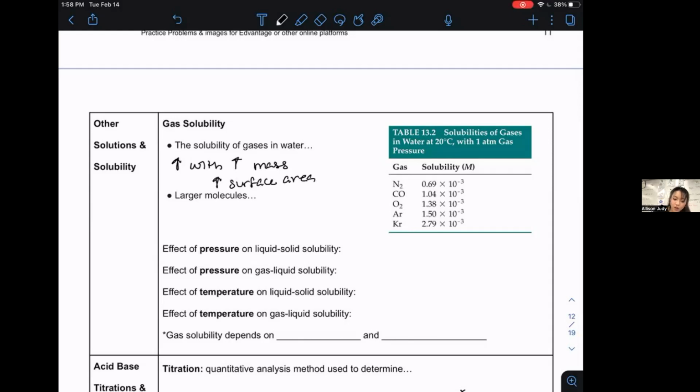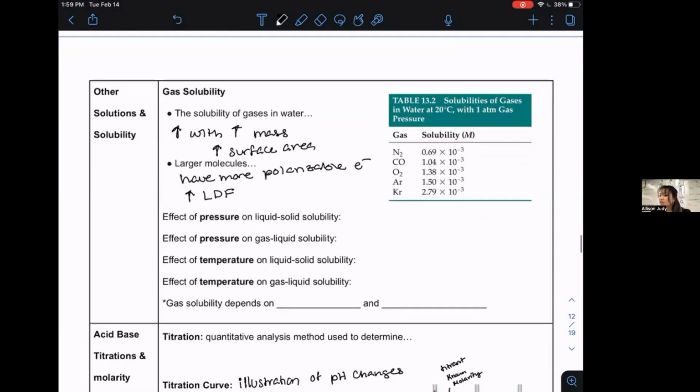The larger the molecules, right, you have more polarizable electrons, allowing for more LDF interactions between the gas molecules and whatever else it's interacting with, such as water or another gas molecule, right? So when we look at the effects of pressure on a liquid solid solubility, okay, what we